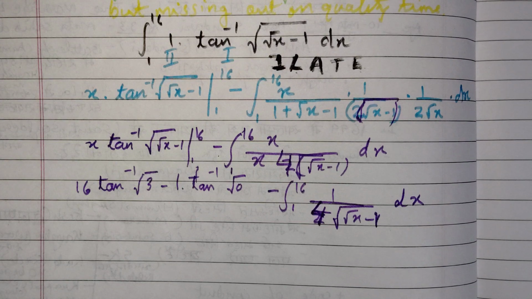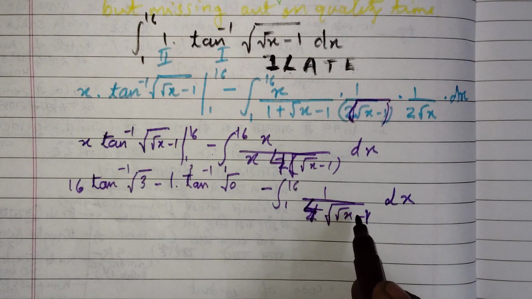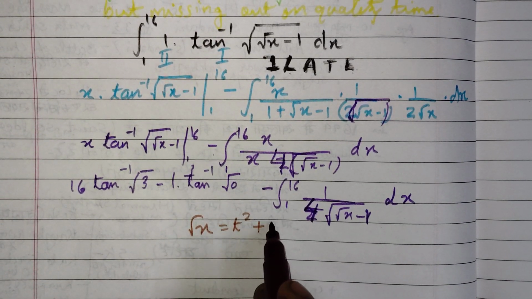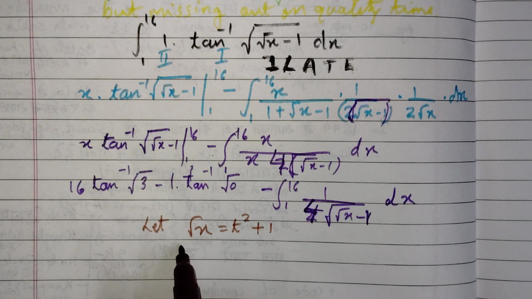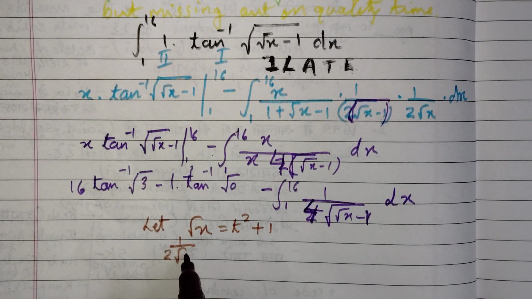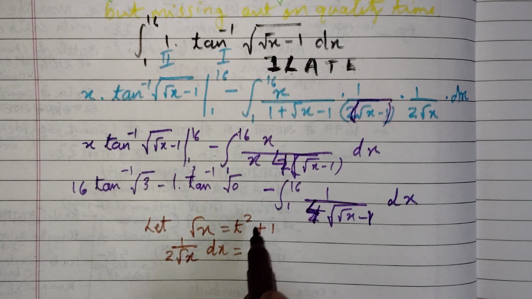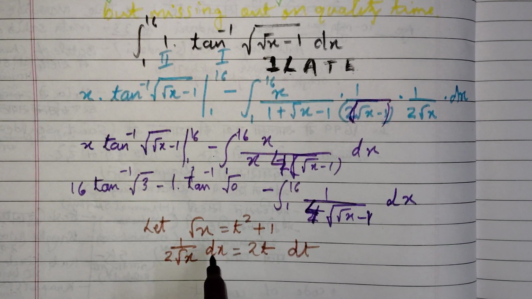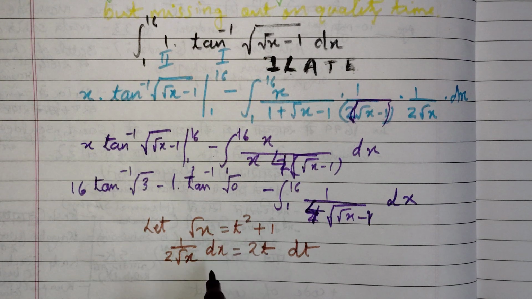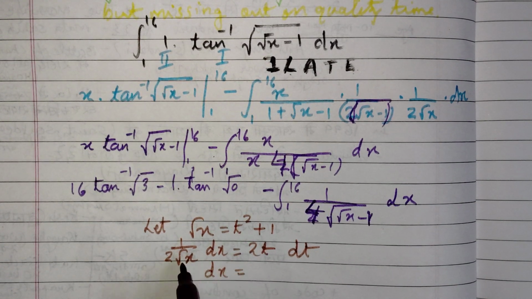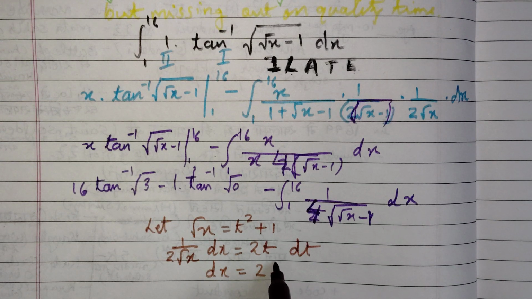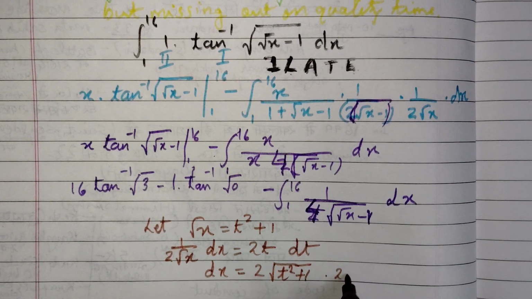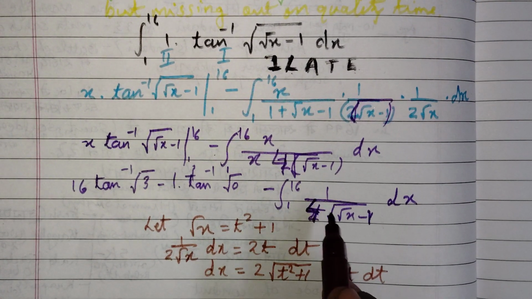We assume square root x equal to 1 plus t square. To remove this square root, we assume square root x equal to t square plus 1. So differentiating both sides, it gives us 2 square root x dx equal to t square differentiation is 2t, 1 differentiation is 0, into dt. Square root x value we again plug in, and then we get dx equal to 2 square root x, we plug in here, t square plus 1 in square root sign, into 2t dt. This we plug in here,